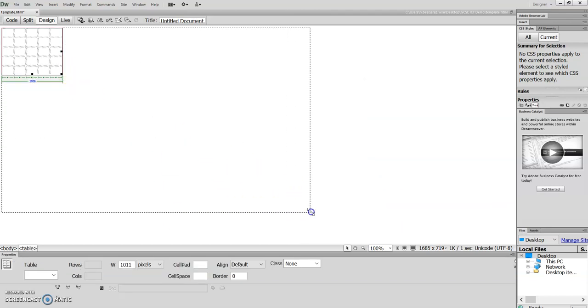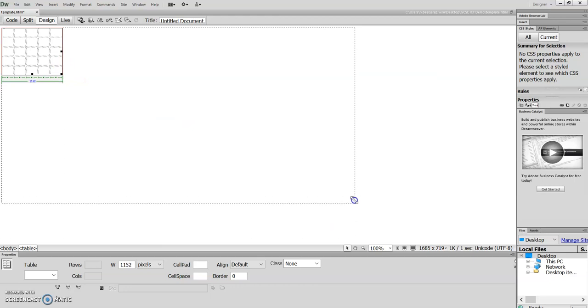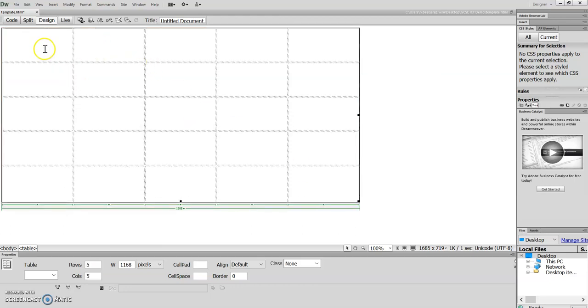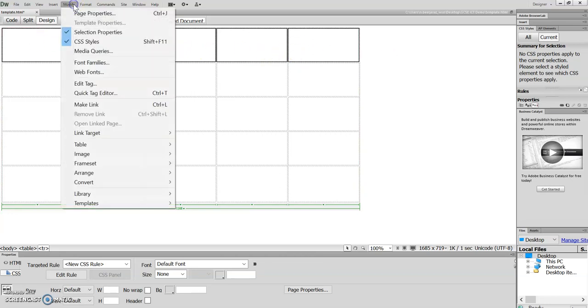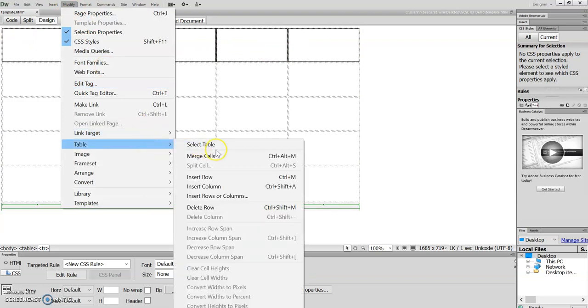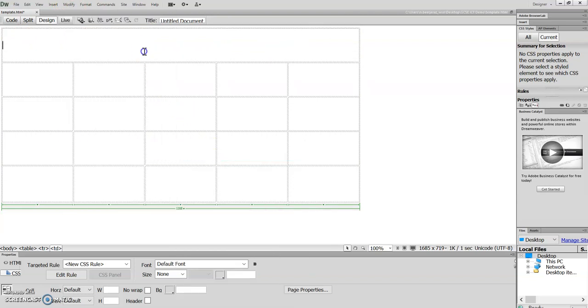So those dotted lines that you see, I'm just going to stretch that out a little bit. Those dotted lines that you see are your grid lines. Now, the good thing about this is that you can actually choose to merge some cells. So for example, I don't want to have multiple cells across the top, so I'm going to go to modify table, and I'm going to merge those cells because this is where I'm going to have the logo and the